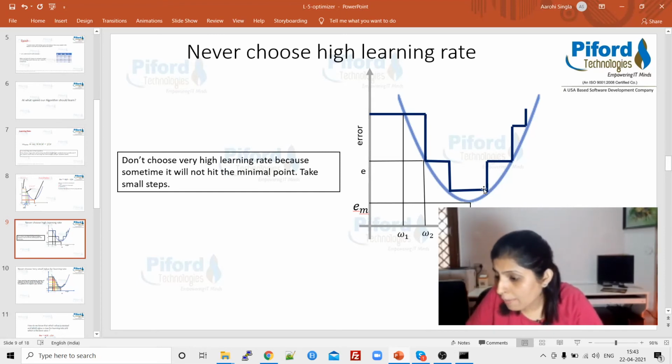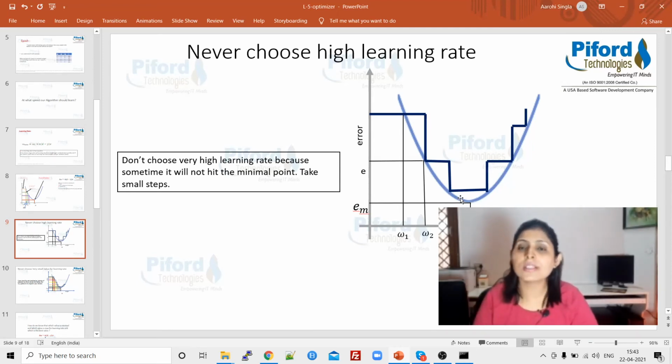So what happened is, see, we are missing this global minima. Why? Because we took a long jump. We skipped 9 values in between, and from 20 we shifted to 30 directly, and we missed the point where we can get the minimum error, right?